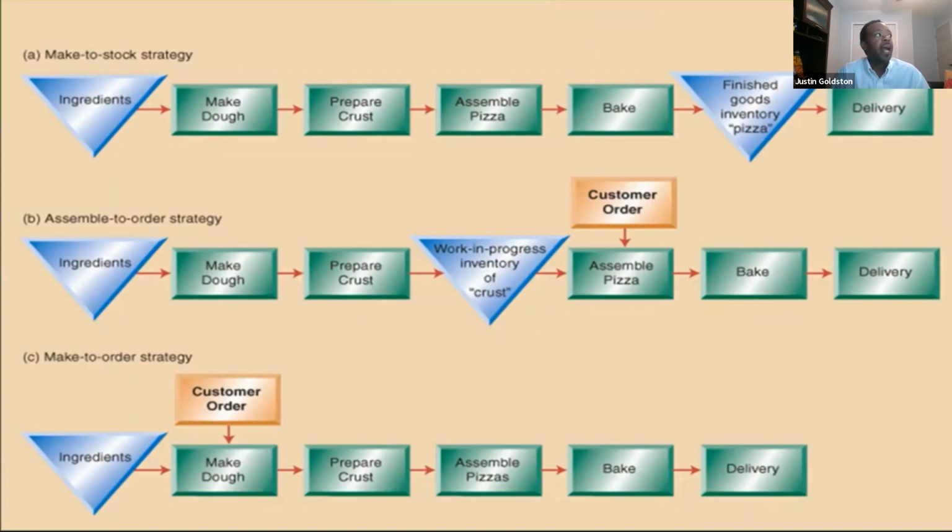If we look at these three strategies, these three approaches, these three designs, if you will, then you have the make to stock strategy. This is what we'll talk about in terms of forecasting. So we look at our forecast. We have our customer demand, we create our forecast, and we see that, okay, now we have to make 500 Fords, for example. So we're going to have a make to stock strategy where we're going to lay out all the steps